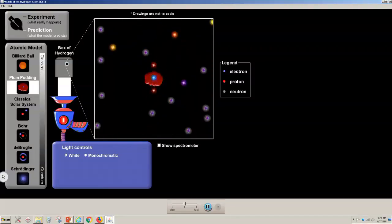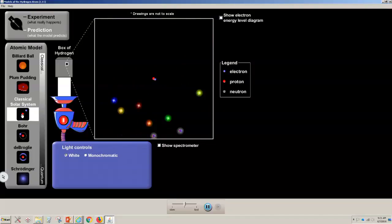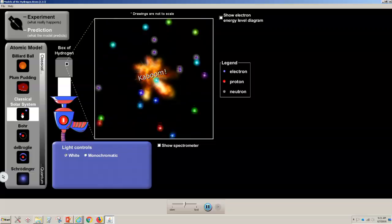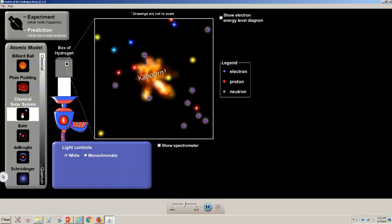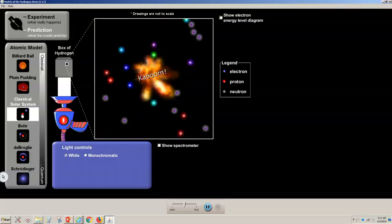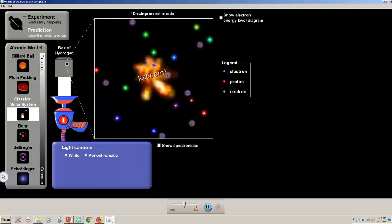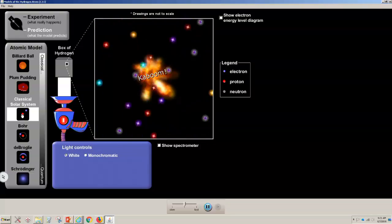And the Bohr model was offered, where electrons would be orbiting a very small but very heavy nucleus. The problem with that model is that, as we know, when a charge has acceleration, it should, again,